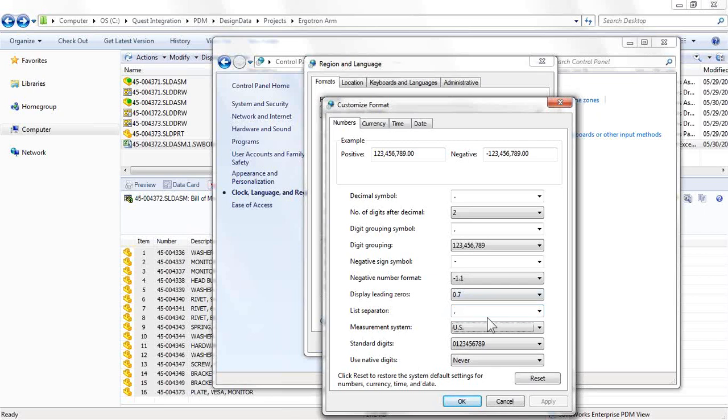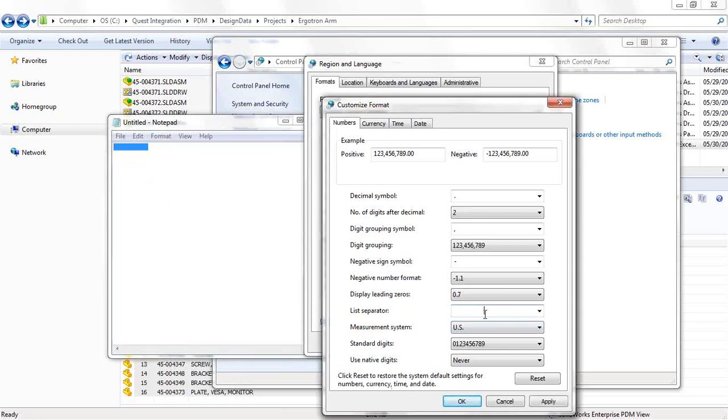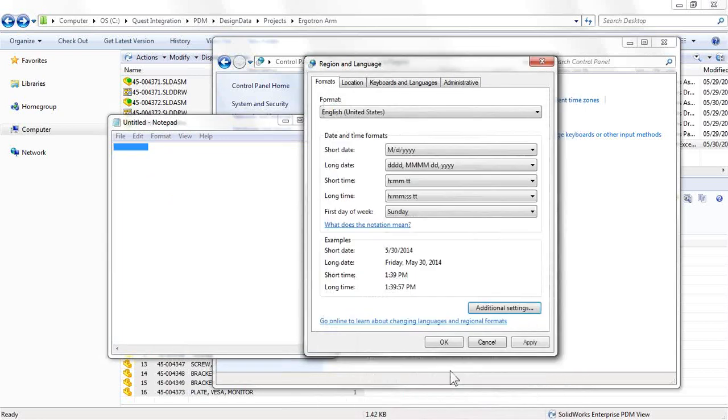Now, of course, I can't just enter in a tab here. It just takes me to the next field. So here's the trick. Open up a Notepad document, hit Tab, select the tab, Control-C, and Control-V. Paste that into the list separator. So when we apply that,